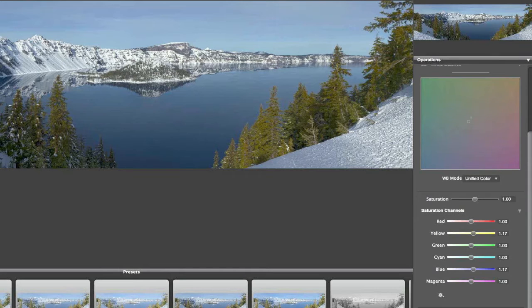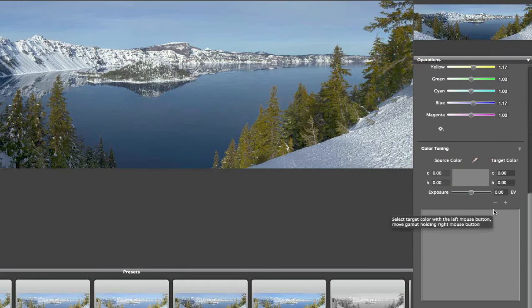Let's go on down and take a look at this window. Color tuning is, gotta bring it up here. So one of the things I wanted to point out, Richard, sure,